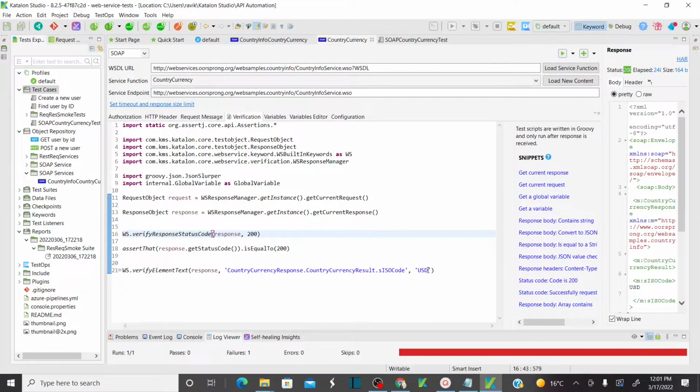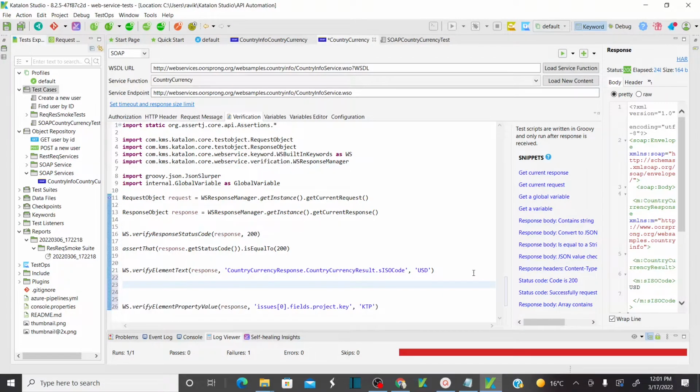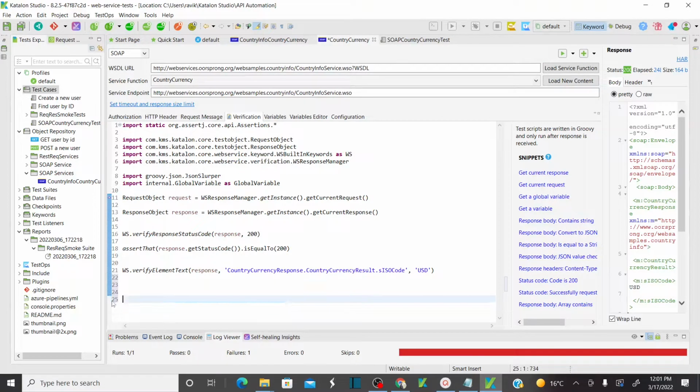If you see here, this is what we used here, JSON value check, right? Either you can click here